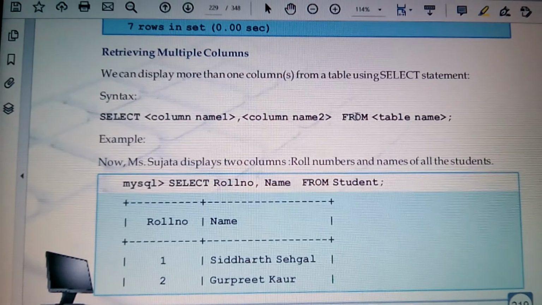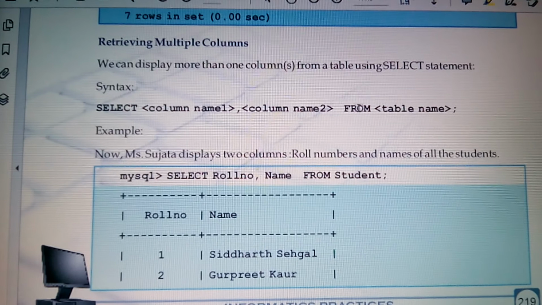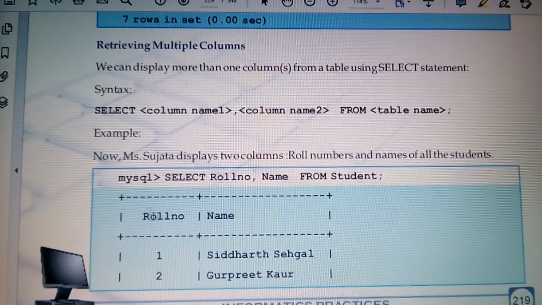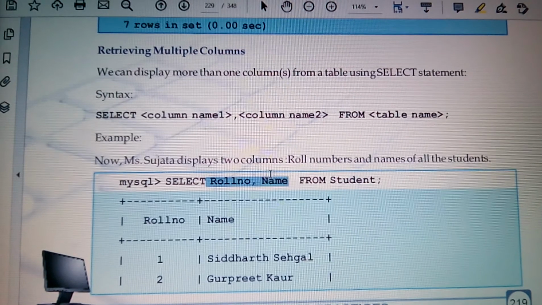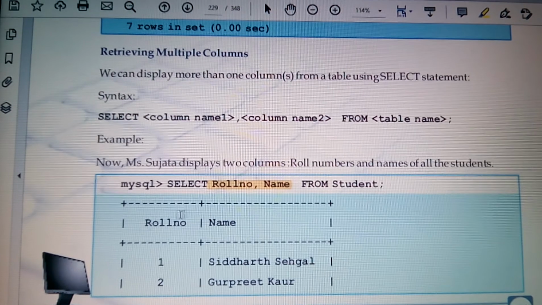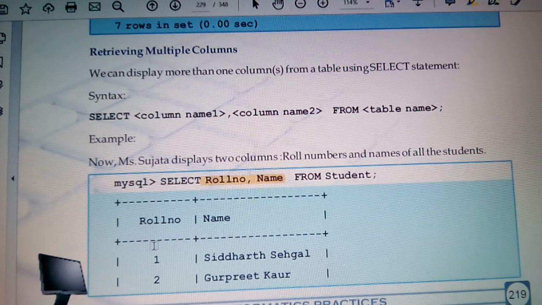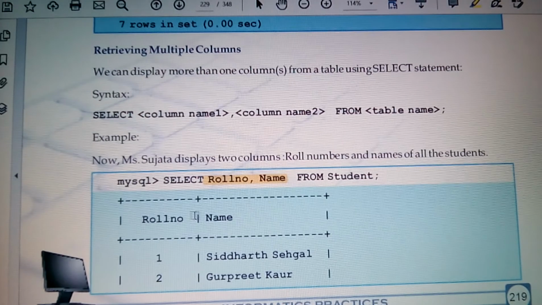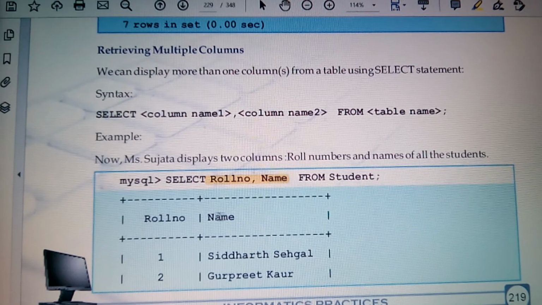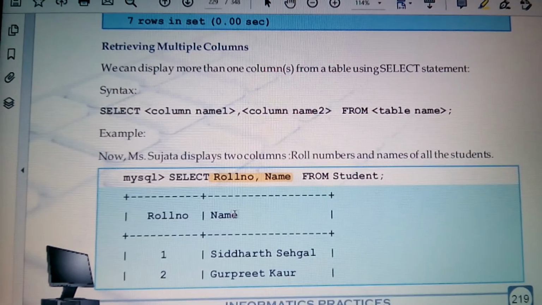By writing this line, I will get roll number as well as name. Whatever is written after select will be displayed in the MySQL output, exactly in the same sequence. First you will find roll number and then you will find name as the output.